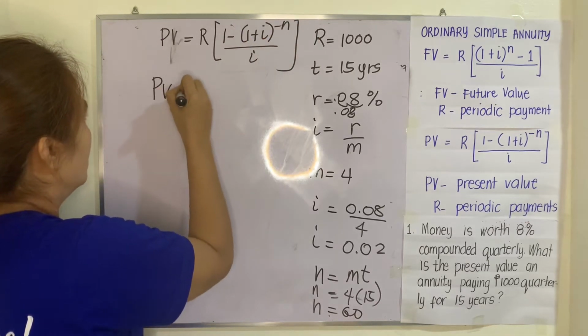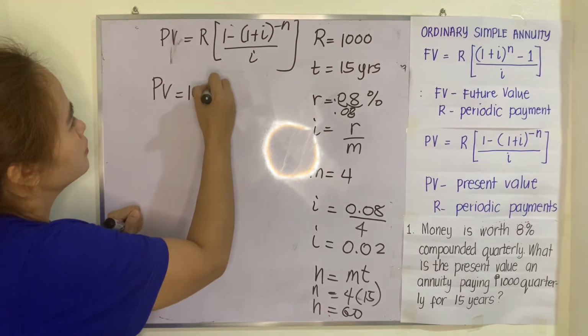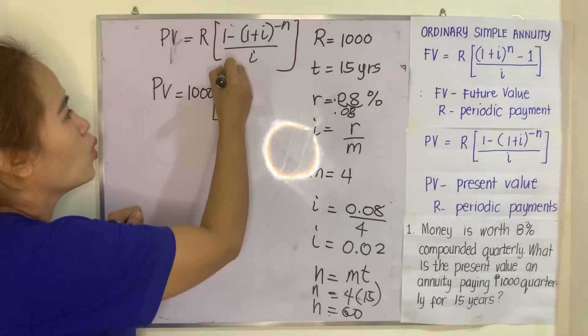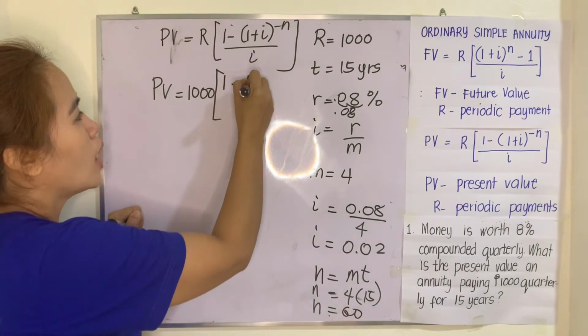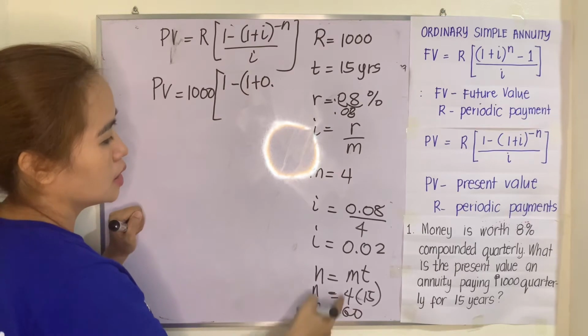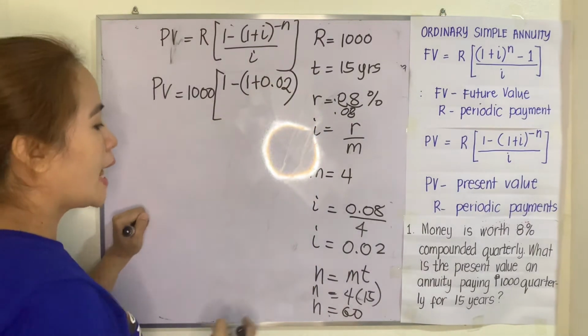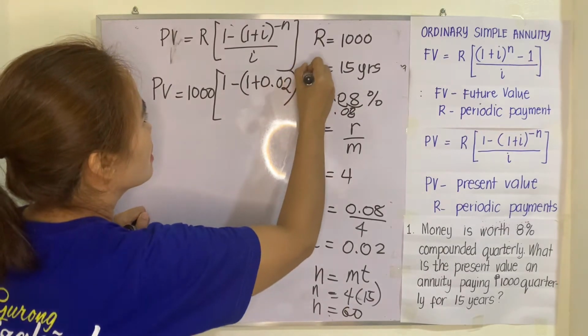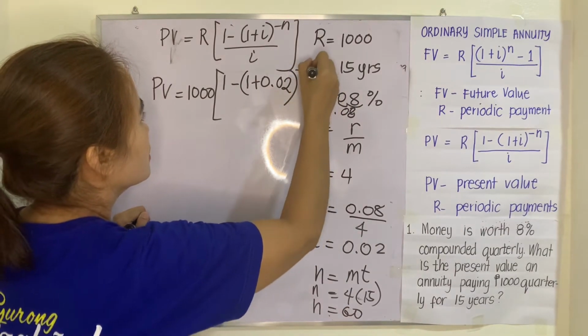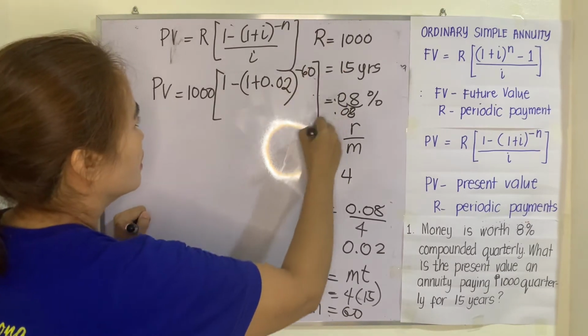So, substituting this here, this is 1,000 multiplied by 1 minus 1 plus 0.02 raised to negative 60, divided by